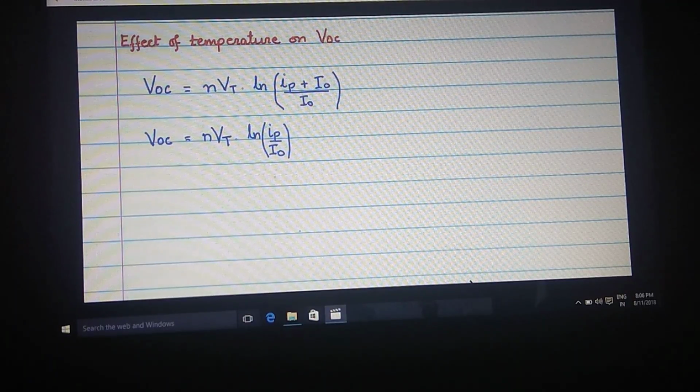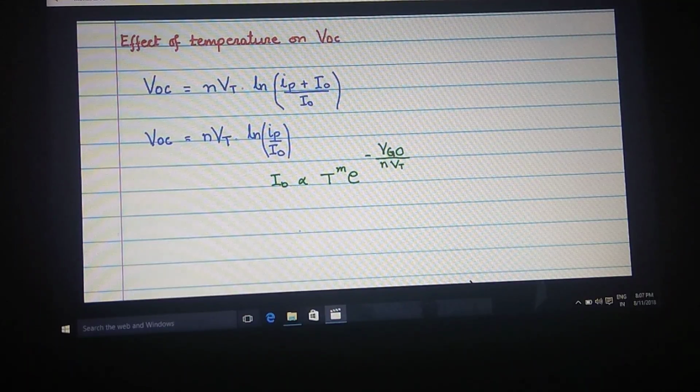The reverse saturation current I naught is proportional to temperature to the power of m, e to the power of minus VGO by nVt. Recall, VGO was the numerically voltage equivalent of the band gap energy. So you see the dependence of I naught on temperature,